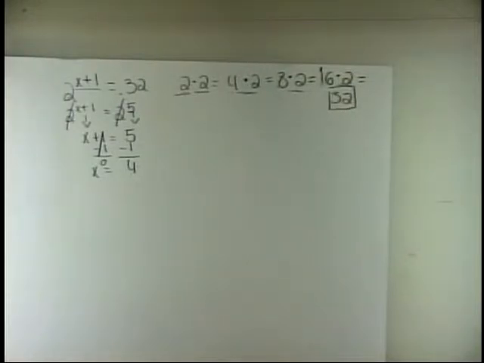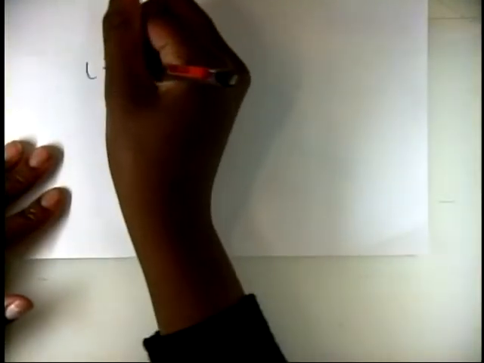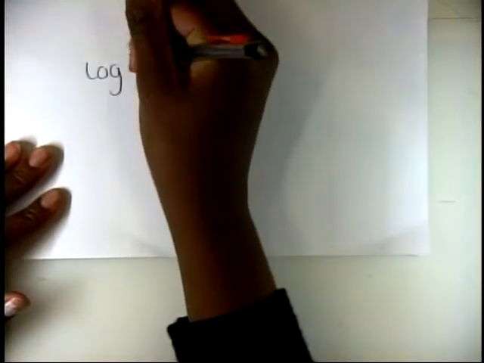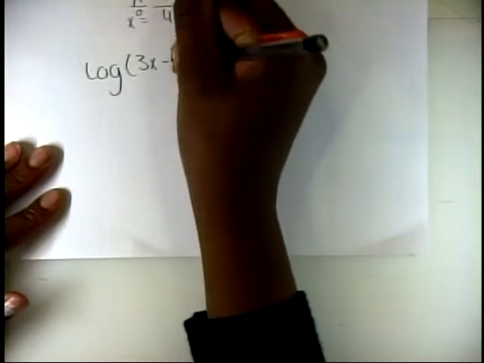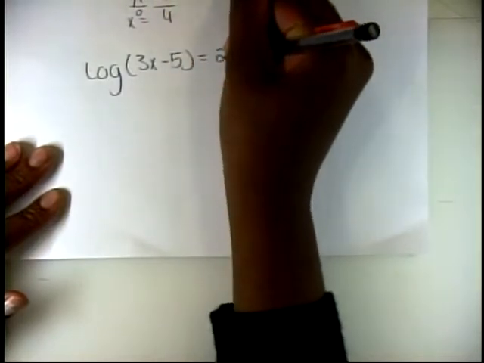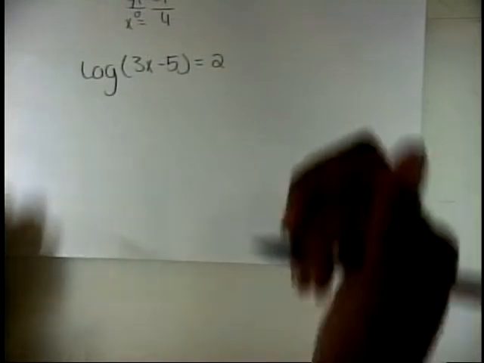The next equation for today is the logarithmic equation. This equation is log(3x - 5) = 2. Now, you're wondering, well, this is kind of tricky. A side note is